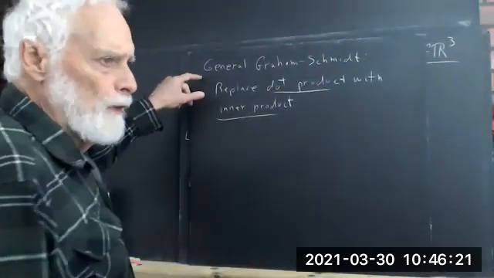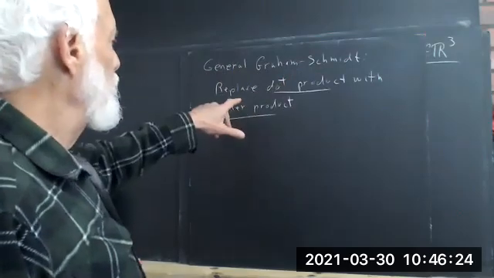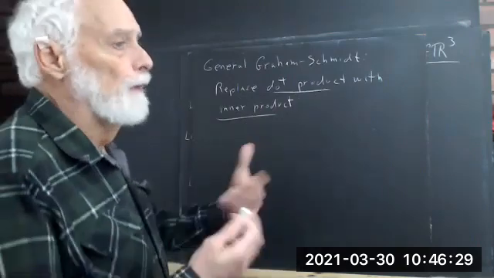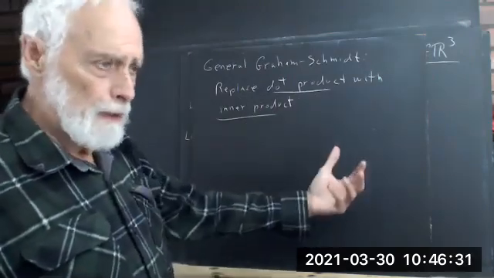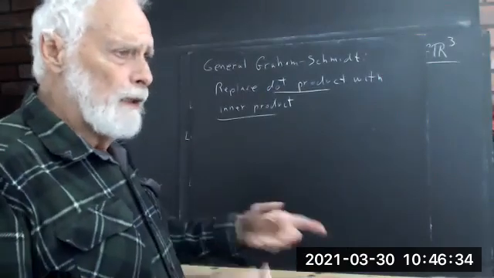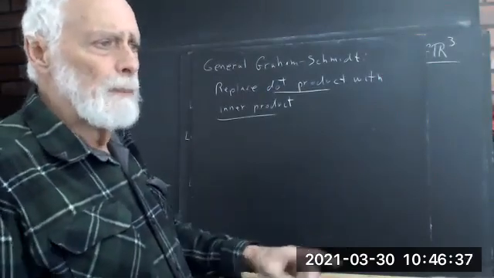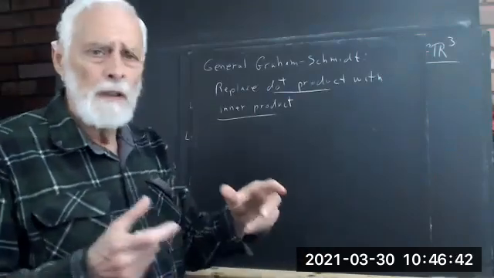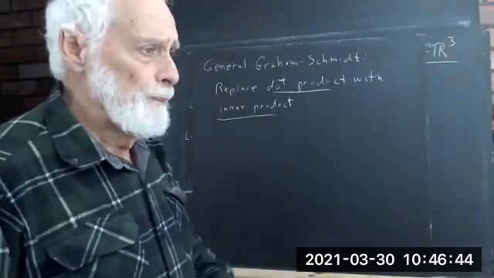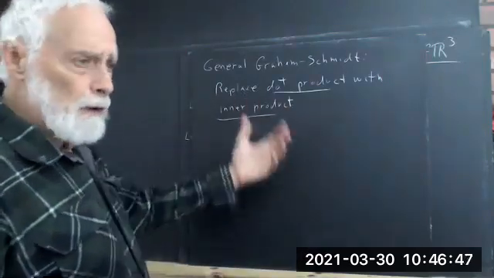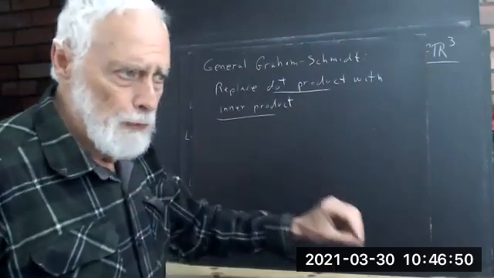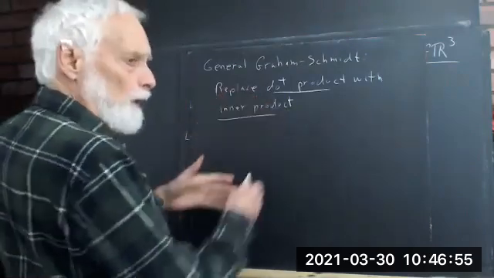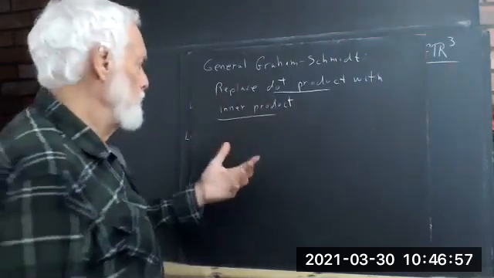Okay. In general, with Gram-Schmidt, we've replaced dot product with inner product because we know, for example, in function spaces, an inner product can be defined by an integral. It's not a dot product. And the idea of perpendicularity becomes orthogonality, orthogonality being defined by the condition that the inner product is 0. So we don't literally have the 2- and 3-dimensional picture anymore. But everything that we do with Gram-Schmidt can be done. So if we have